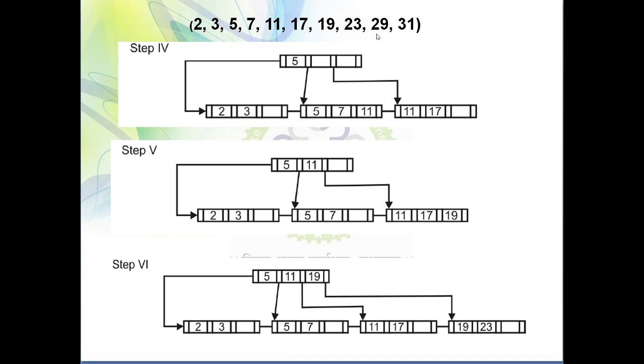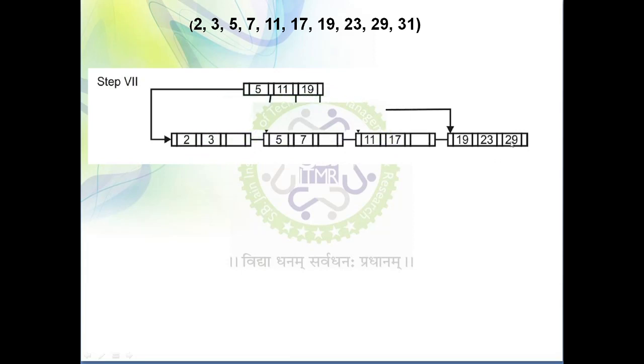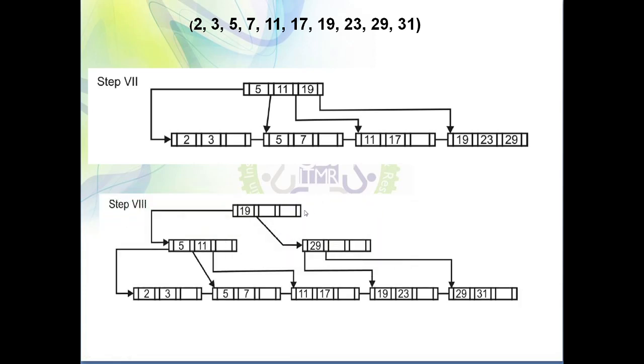Next we'll put 29 over here, so space is available. In the next step we can see I have put 29 over here. Now space is not available for 31, and also there is no space available in this root node. That means I need to create one more level. So in this case, how many levels do I have? Here I have level 1 and level 2. In order to insert a new element into this particular B plus tree, space is not available, because 29 is to be shifted over here. So what I need to do is create one more level. So 3 levels are there.